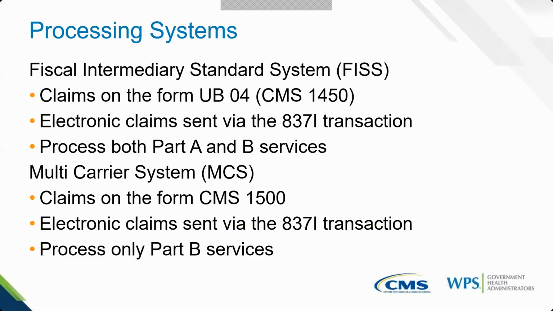It processes things like home health care. Well, home health care is always done outpatient, right? By definition, it has to be done that way under a home health plan of care. So when we look at it, it's how you submit. That's how our processing system works. The Part B processing system, a lot of people call it MCS. This one only processes Part B services, because only Part B services are submitted on these two types of claims,